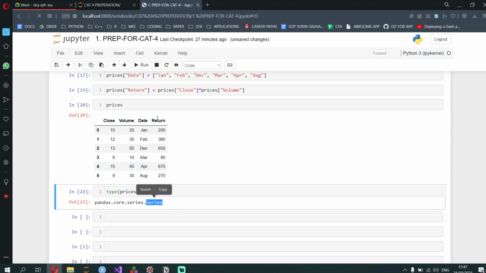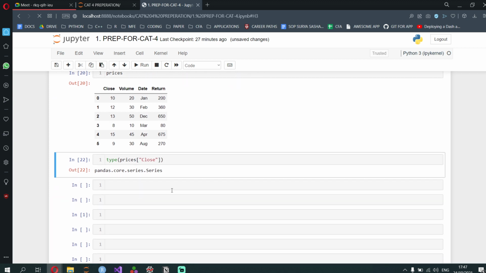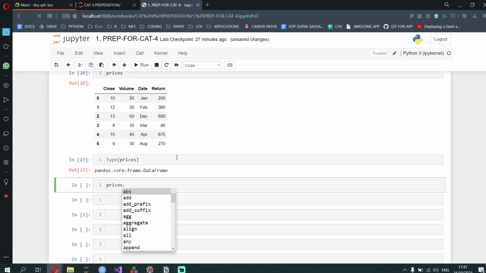So each column is called pandas series data, and the entire table is called a pandas data frame by itself.